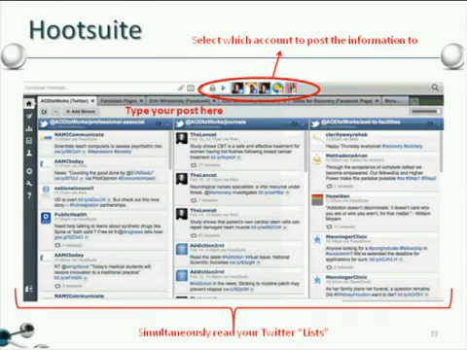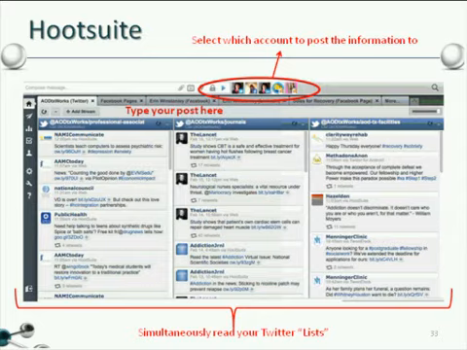Hootsuite works fairly similar to Tweetdeck. However, it has some advanced features that are available for a fee, like posting to Google+ or managing more than 2 Facebook page accounts. Hootsuite has some cool features like the ability to schedule a post for a future date and time. You can also view your Twitter lists on one screen. So on the slide, you can see the Twitter posts from my list called Professional Associations, Journals, and Addiction Treatment